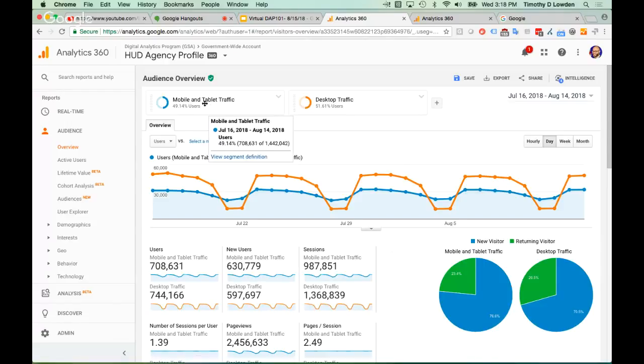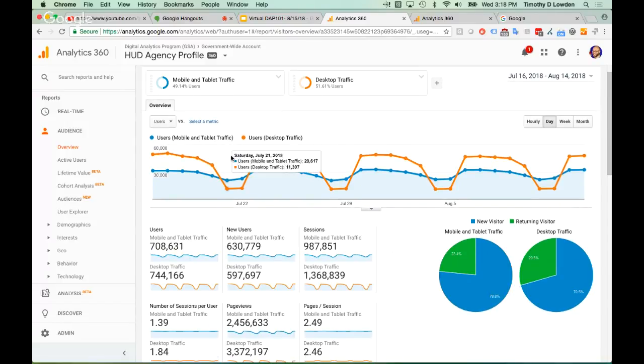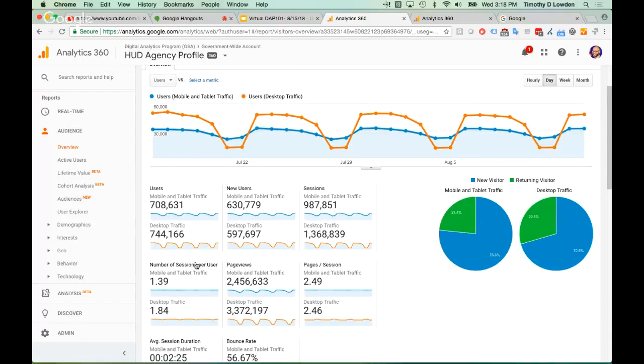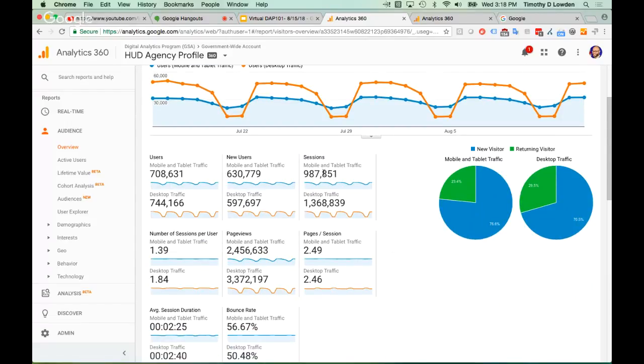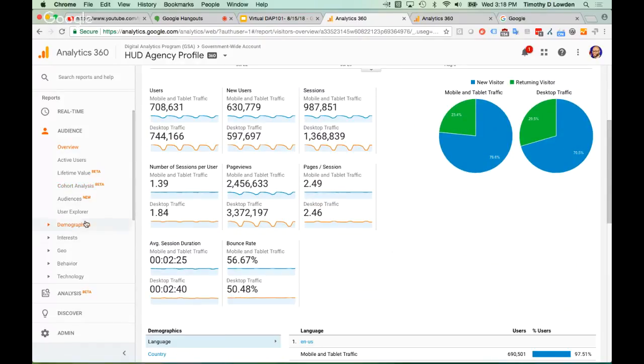And now we can do a real comparison of mobile and tablet traffic versus desktop traffic. They're both nearly 50%. But you can see, for example, and this is really common, that the desktop traffic, these are weekends here, Saturday and Sunday, they dip. It always dips really, really hard on weekends, whereas the mobile and tablet traffic doesn't dip as much. So that's pretty common. And then doing this comparison, it gives us the different colors to show the different ones. In the time period here, there were this many users, and again, this holds true for